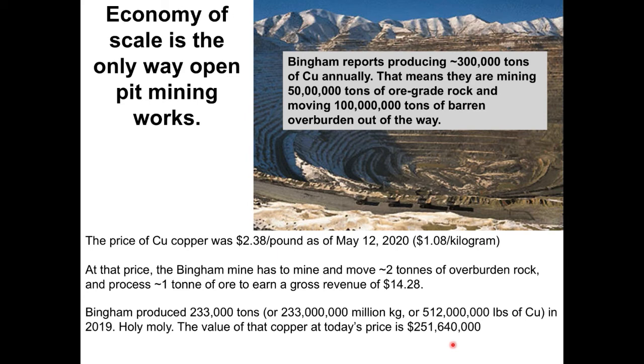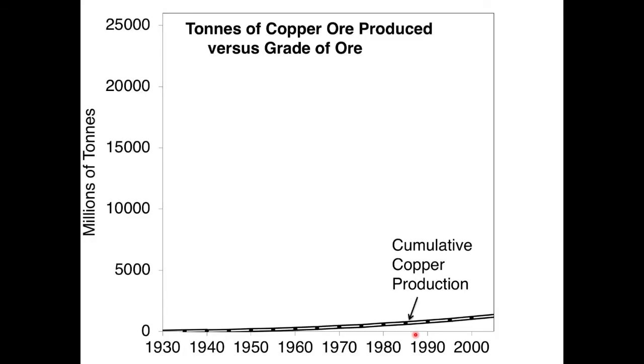The only way that the mining company can make a profit from mining this giant open pit mine is by mining millions of tons of ore rock and waste rock every single year to extract a significant quantity of copper. Last year alone, 233,000 tons that can generate revenues of hundreds of millions of dollars. And that's what allows them to mine. The only way to do that economically is with a large open pit mine, where you have economy of scale working in your favor. So a few slides here just to give you an indication, since Bingham Canyon started at